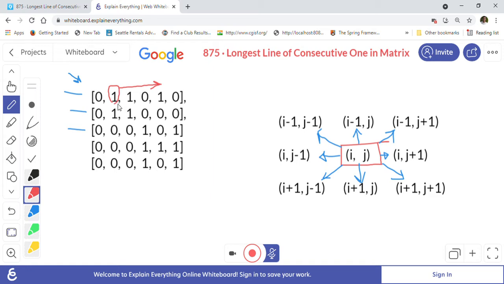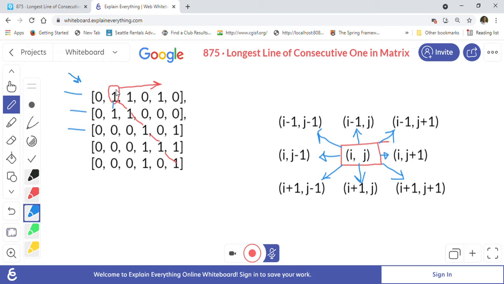Another DFS function we will implement is for going diagonally. Then I'll go this one, this one, this one, this one. So this is one diagonal direction, and this is another function we will implement. This is a DFS. It will always travel diagonally as much as it can, until it finds 0. Similarly, it will try to go in this direction also, downward. It will go here, but once it reaches 0 it will just return, it cannot go after this once it finds 0. So the idea is to go in 8 directions, so we will have 8 different DFS functions,